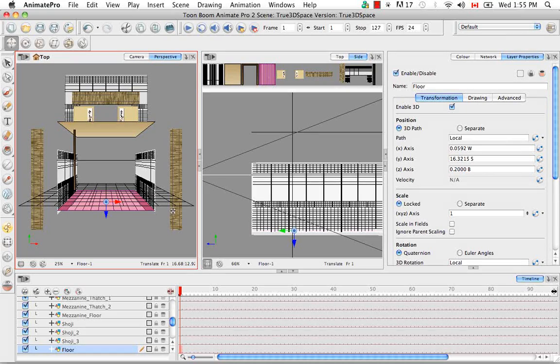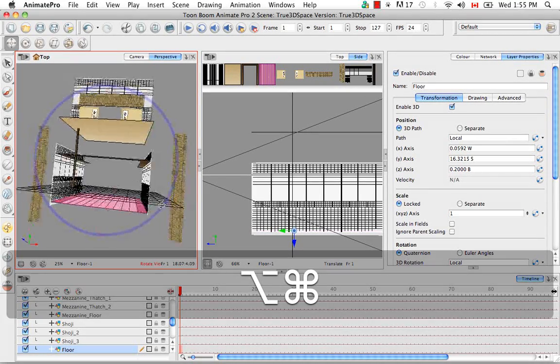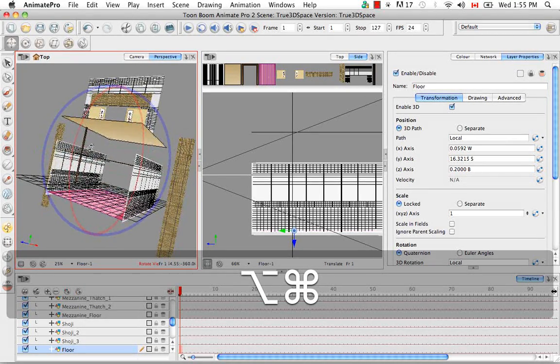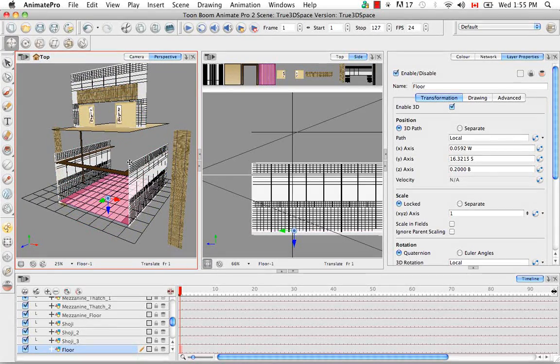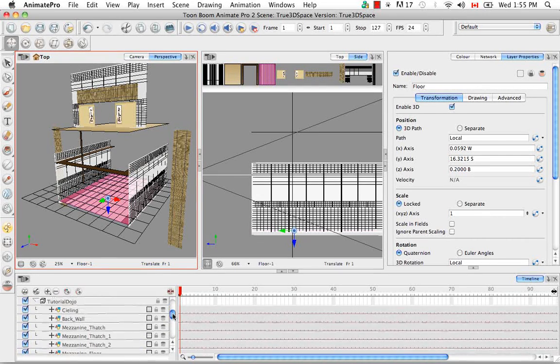Okay, so I'm going to grab the mezzanine floor, which I also need to flip 180 degrees the other way, and I'm going to bring it down to the top of the second set of dividers. That was what I was using as my marker when I was creating this screen. If we look at the original image for a moment,